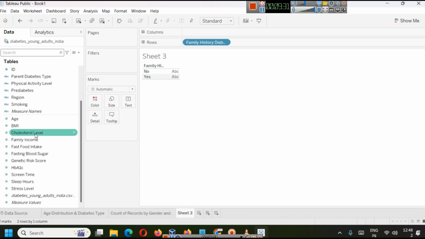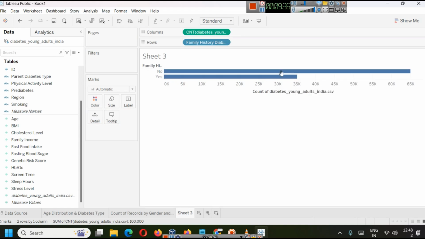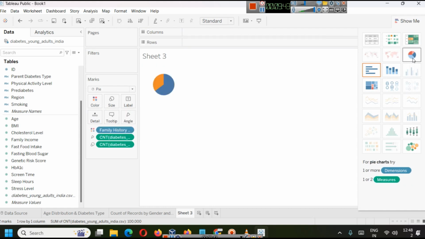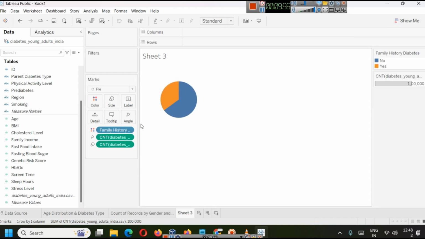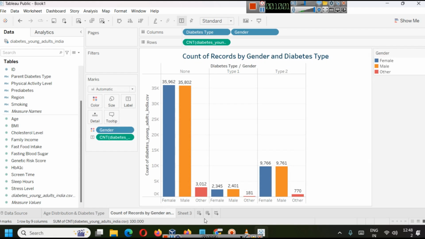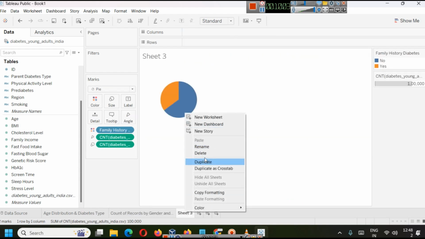Now next thing you have to bring is count of people. So we will simply bring count of people. It will start showing as no or yes, and then we can go to show me, and now pie chart will be available, and you can see this is prepared, and we can press Control plus Shift plus B, or Command plus Shift plus B, whatever you think is better, to see the data like this, right? And this is count of records by gender and diabetes type, and here we will